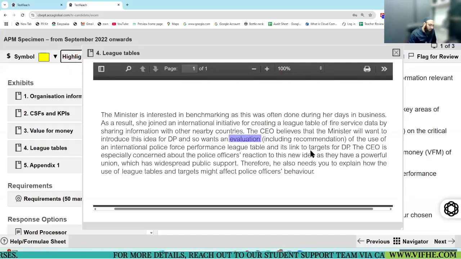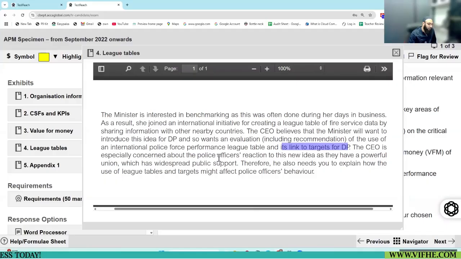This is the examinable verb, including any recommendations, of the use of an international police force performance league table. Okay, fine, this is the object, and it links to targets for the police.